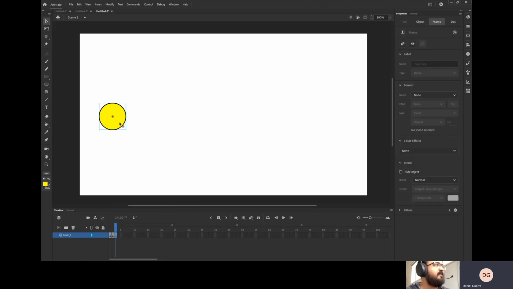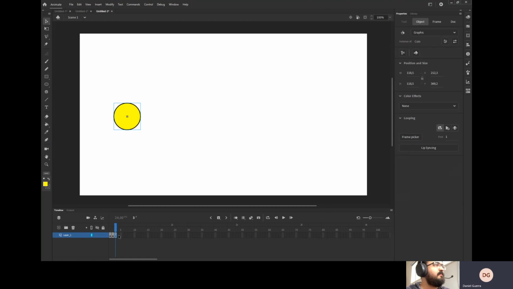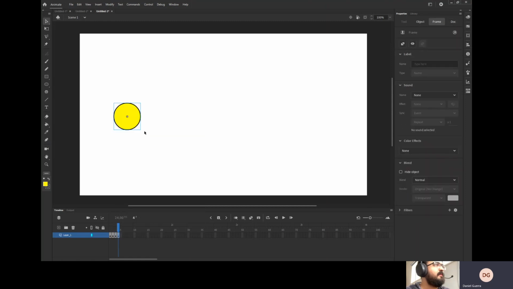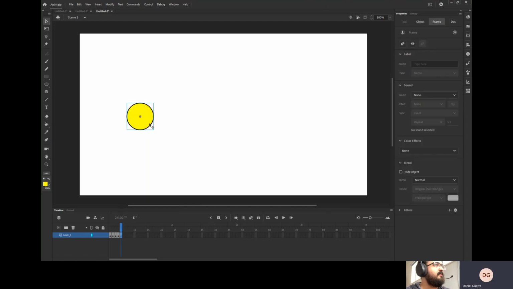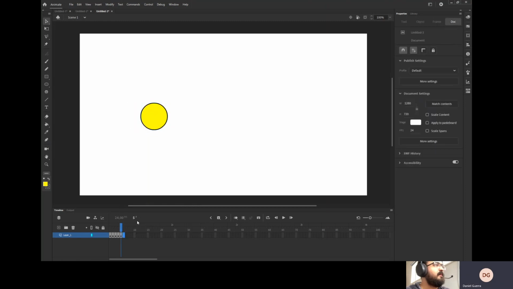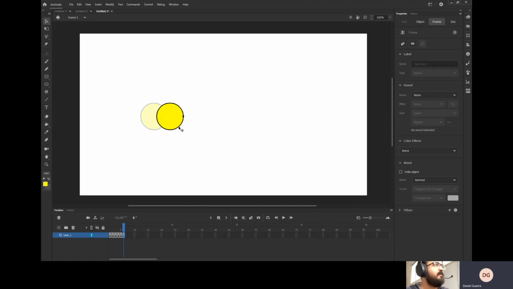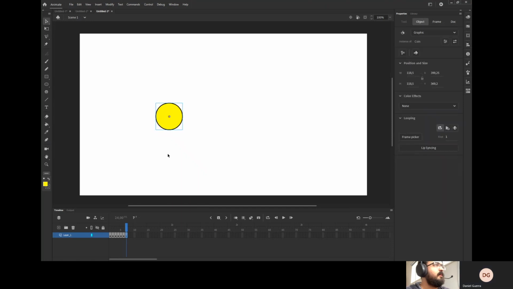So right click, insert keyframe, move a little bit, right click, insert a keyframe, move a little bit, no, straight line, yeah. Right click, insert keyframe, move a bit, right click, insert keyframe. All right. You can also click here to insert a new keyframe, and then you just move a little bit, insert keyframe, move a little bit, insert a keyframe, move a little bit, insert until your coin travels across the